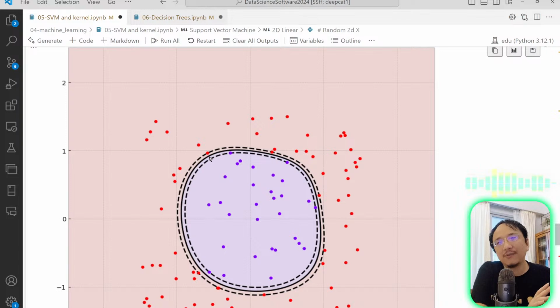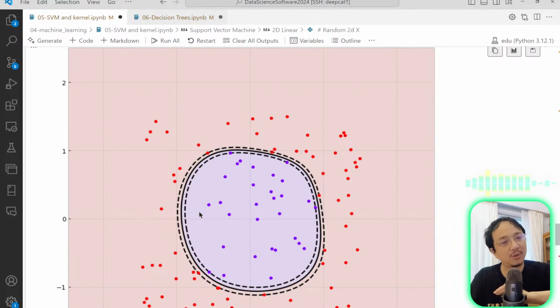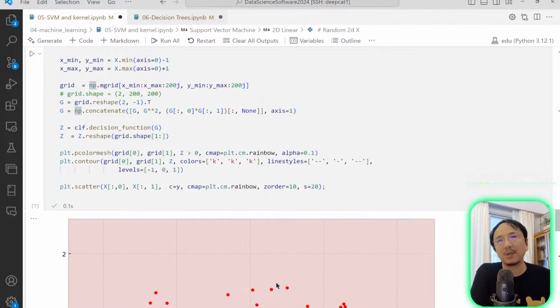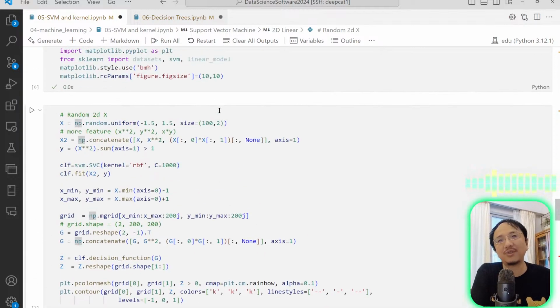A lot of vectors are on the margin. They are support vectors here and here. And it still perfectly separates these two different classes. But because we are giving it too few samples, and we are not giving it the polynomial quadratic features, it cannot find the feature directly. But once you give it enough samples,